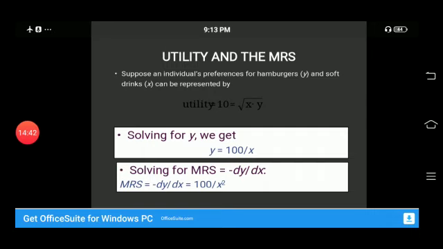Again, x raised to power minus 1. So minus 1 will come in as a coefficient, and we subtract 1 from the power as well. So 100 multiplied by minus 1 into x raised to power minus 1 minus 1, which is from the formula. So we get minus 100 x raised to power minus 2. By putting it in the formula, dy by dx already has a minus sign in it, so minus multiplied by minus is plus 100 into x raised to power minus 2. So it becomes 100 over x squared.